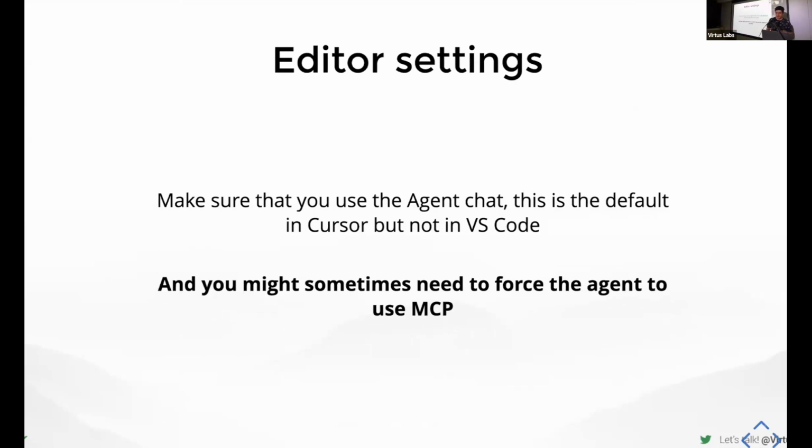A lot of the time, if it's something simple like run test, it will know to use MCP, but sometimes it might try things without it and fail. You can also have a pre-configured prompt for any of your chats to say please try to use MCP to make the results better, or something like that. Or not please, because apparently please is very bad for energy efficiency.